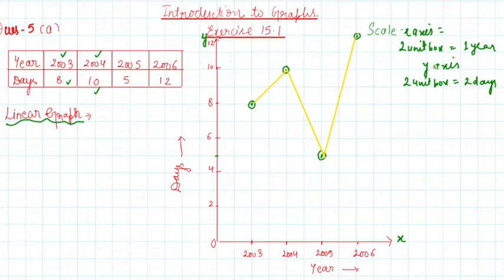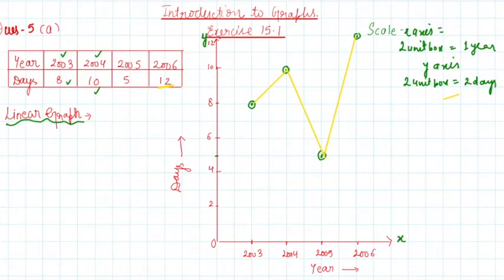Again I am repeating that it is important that you write the scale for the given question and do your graph work neatly. Whenever you are choosing a scale, make sure that you choose the scale according to the given values. Here I noticed that the number of days goes up to 12, so I have taken the values as 2, 4, 6, 8, 10, 12. Here the gap in the years is only 1 year, so I have taken it as it is. So always be very careful while selecting the scale.